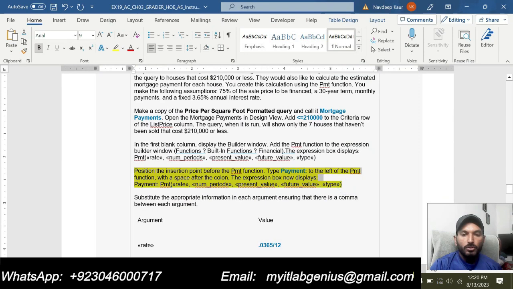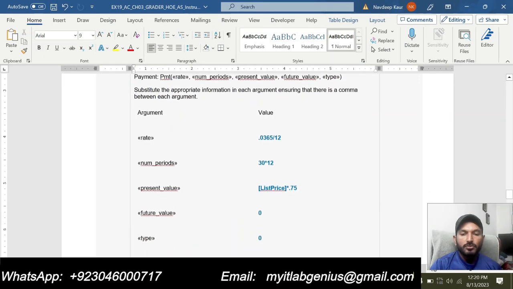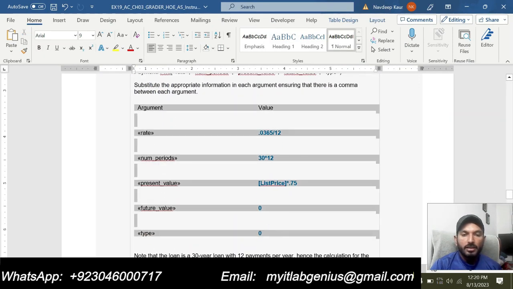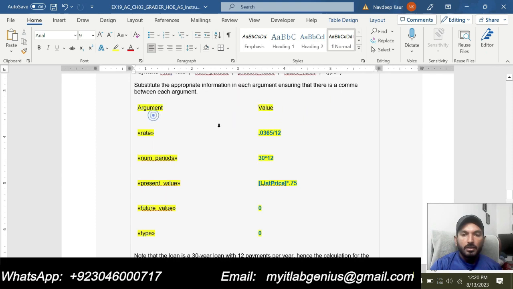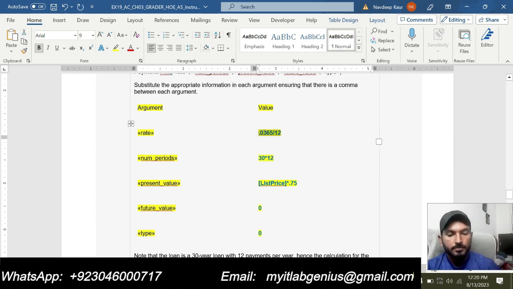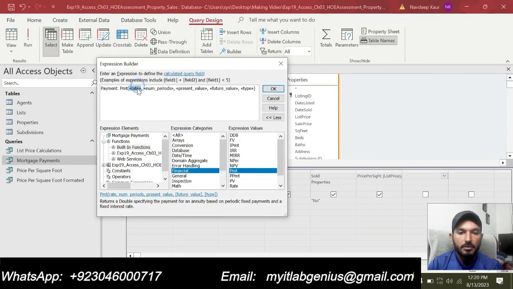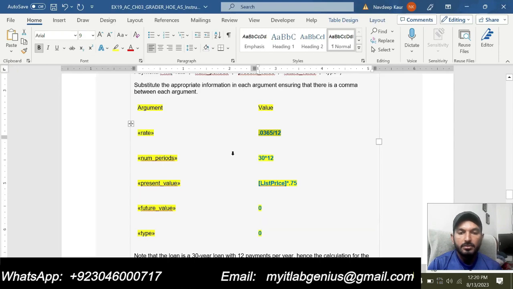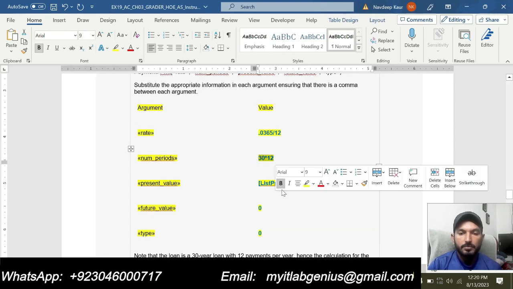So now we are supposed to add the values for this function. These are given here. So rate should be this one. So I will start copying and pasting there. This is the rate. Then this is the num periods, this one.